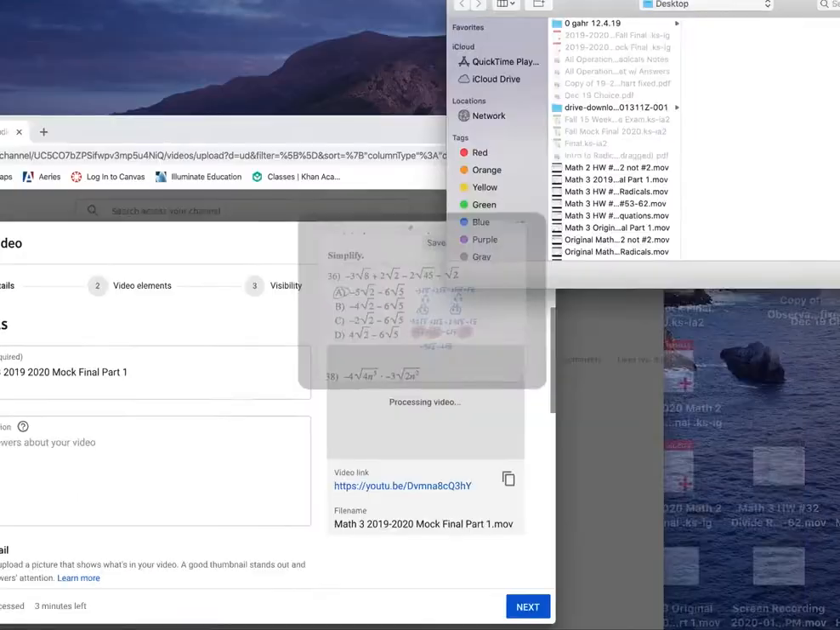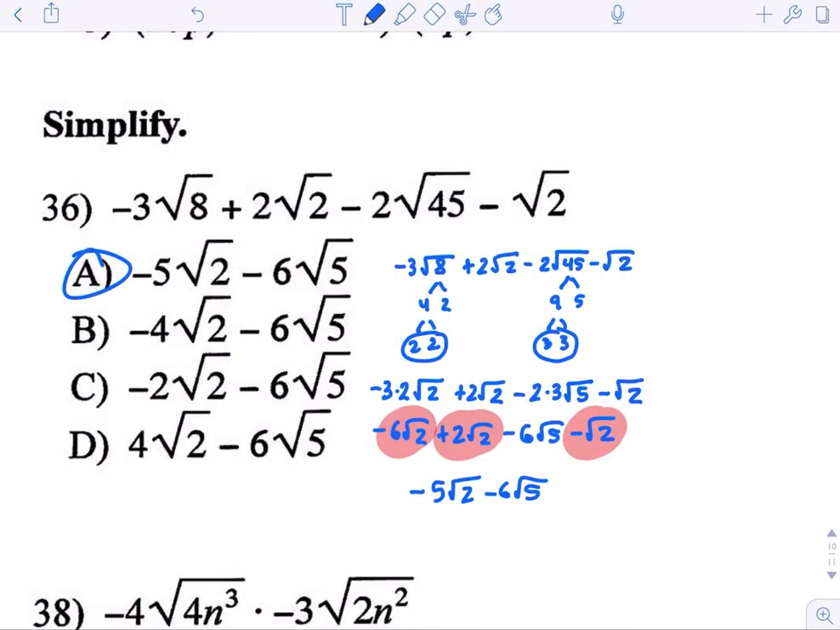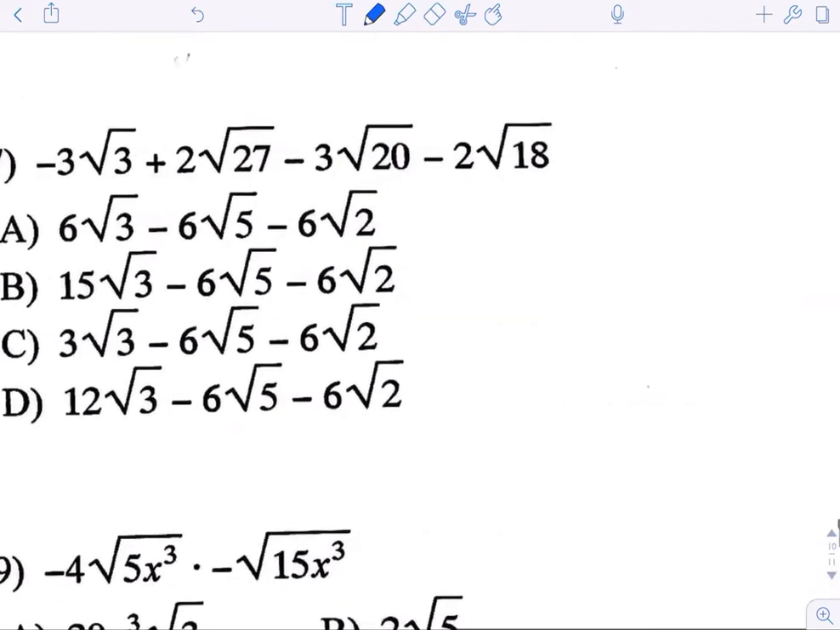And let me take a peek at how my download's going, and it's still going. All right,